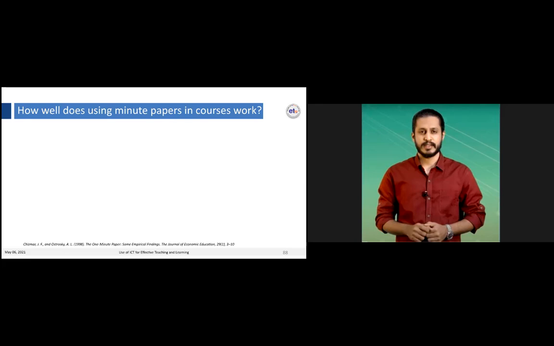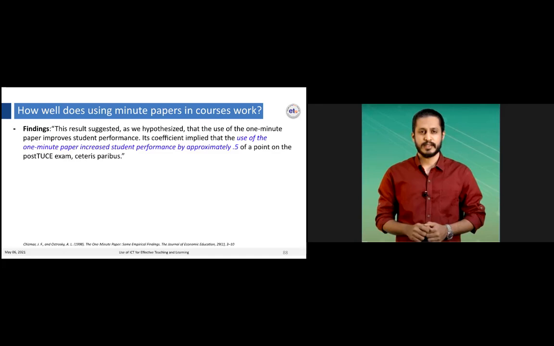Just to emphasize how well using the minute paper in courses works, there is a lot of research that talks about it. The research finding says that use of the 1 minute paper increases students' performance by 0.5, which is very significant. Other findings suggest that the benefit students get from using the 1 minute paper does not depend on the teacher,